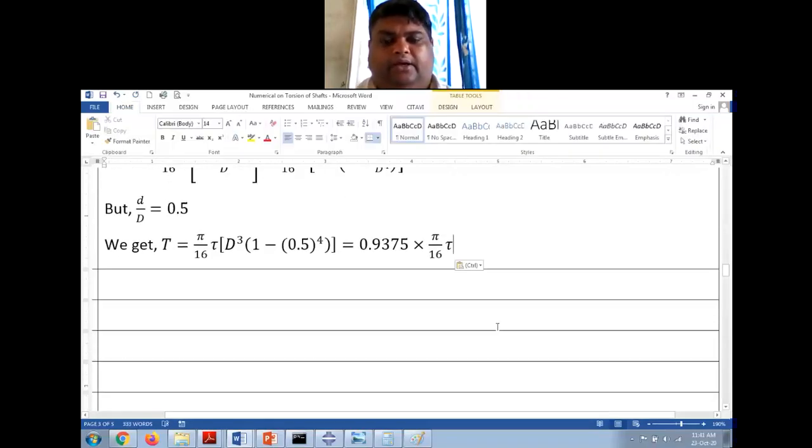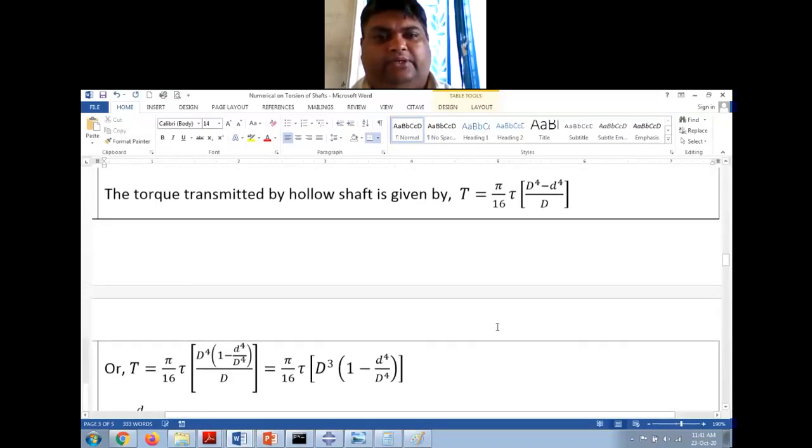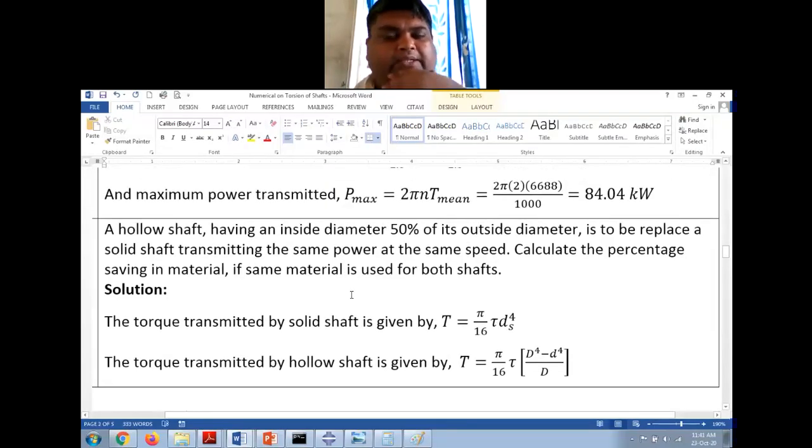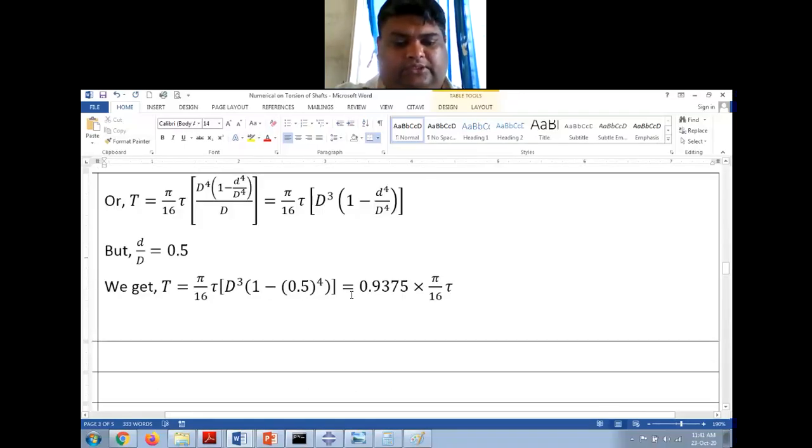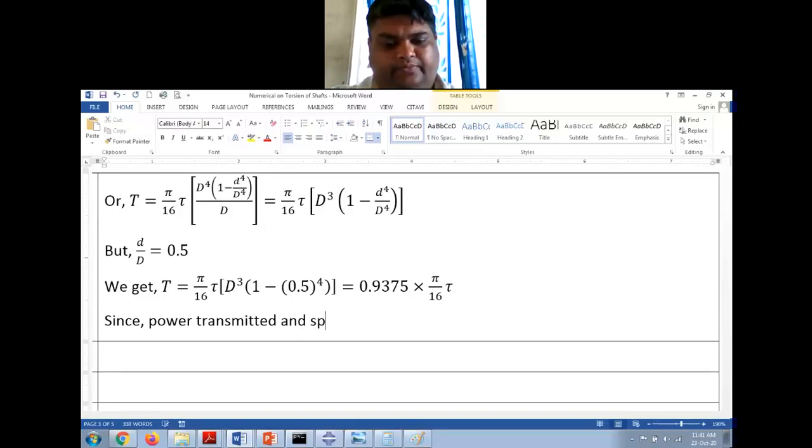Right? Now in the equation here said that the power transmitted and the speed is same. So since power transmitted and speed of rotation of both shafts are same, we have